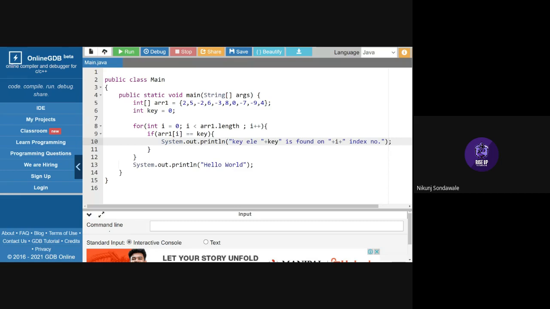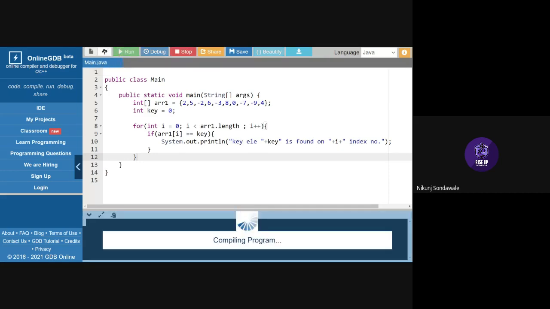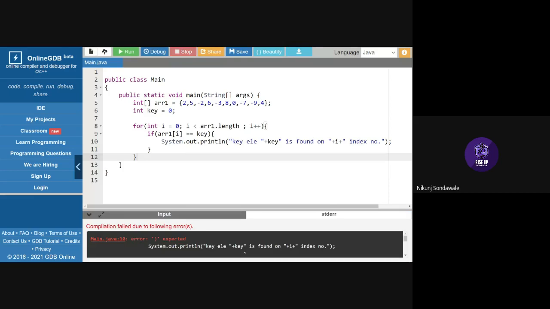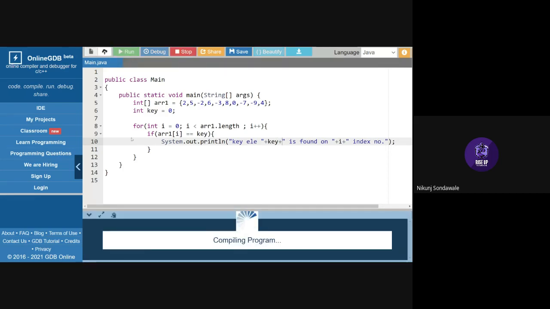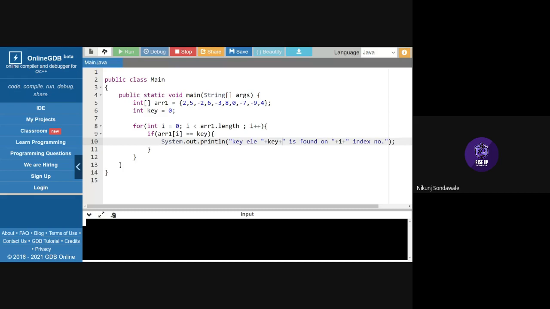Right? So let's check our program if we have done right or not. Let's run this one. So this is what it's saying: key element 0 is found on 0th index number, I mean 6th index number.